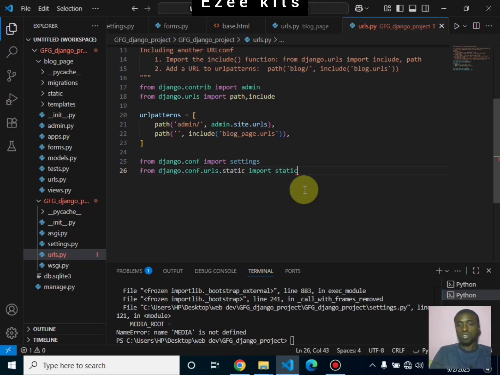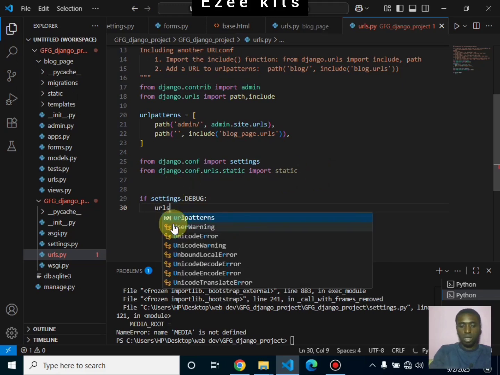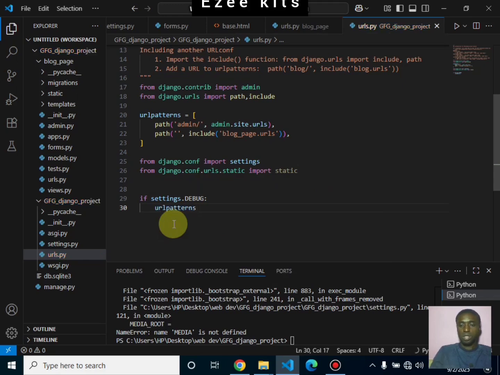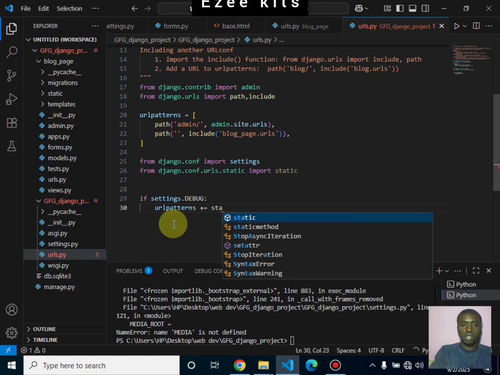If you are still confused about how all of these came to be, you can check out the Django documentation online. Since we're running in debug mode, we can check if settings.DEBUG. If we're running in debug mode, we're going to say our urlpatterns plus equals the static that we imported earlier. Static is going to be